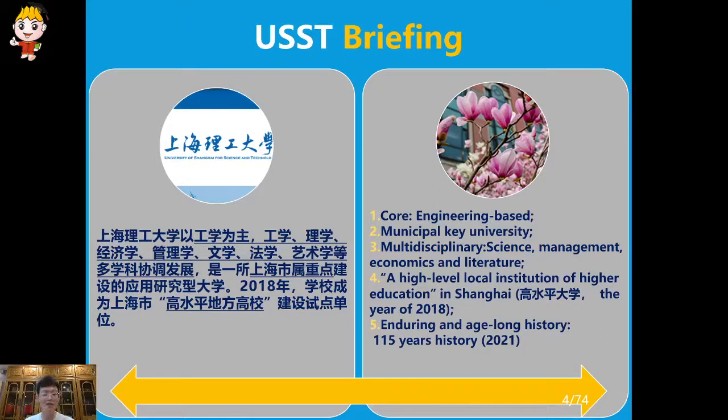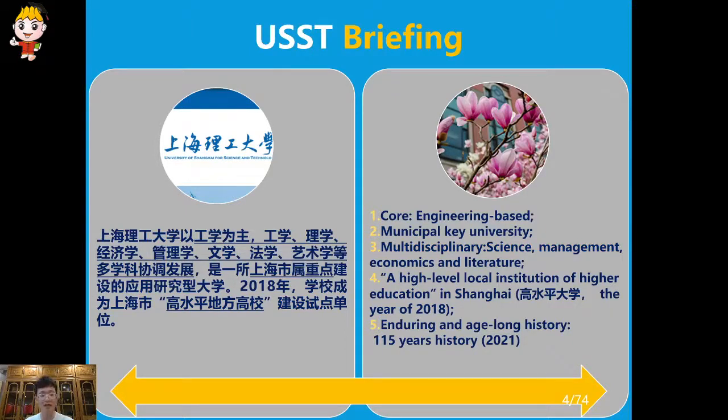So, University of Shanghai for Science and Technology is an engineering-based municipal key university with a multidisciplinary blend of science, management, economics, and literature. The university has had a long and enduring history, especially this year, 2021, which witnessed the 115th anniversary of the university.